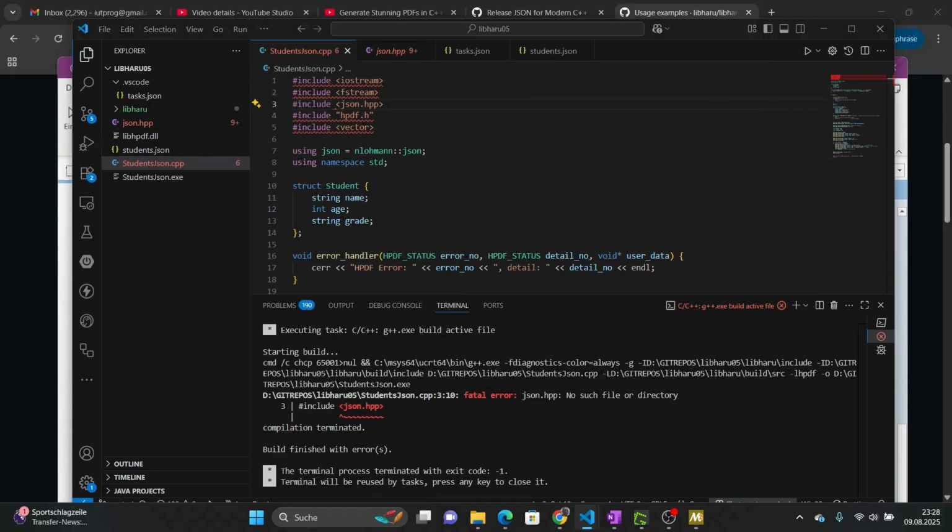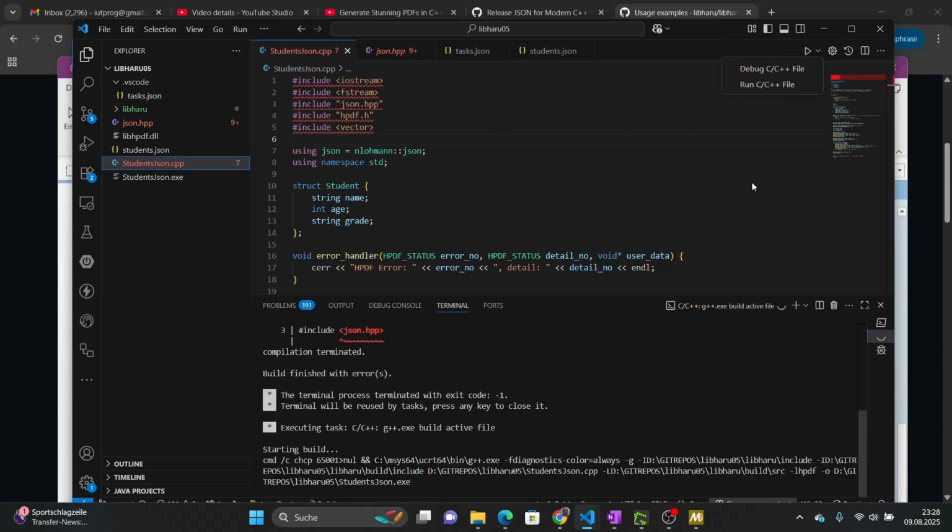Okay, what do we have now? Sorry, yeah, we don't need that. Instead of this current directory, we need this way, right? So now if we run it again,